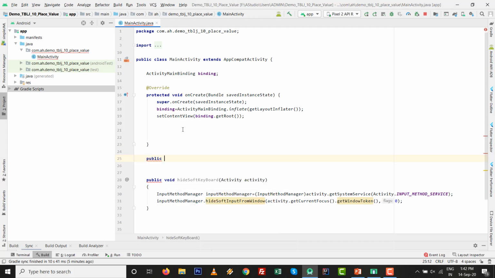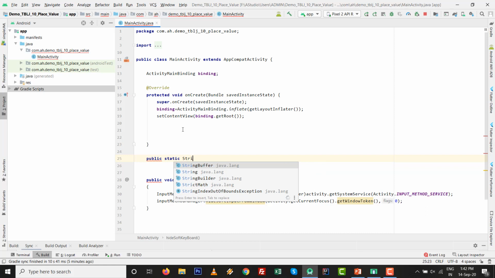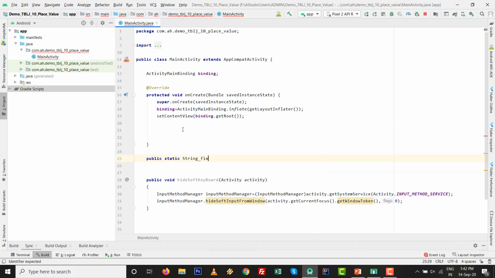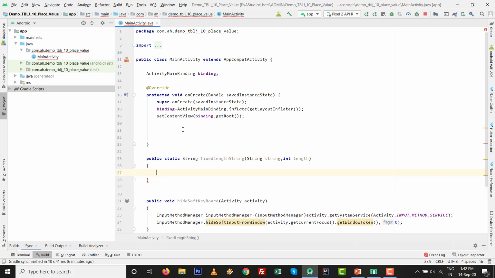So public static, if you want to use it at another end, then fixedLengthString, or whatever name you want to write. Then two arguments will be there, String comma int length.